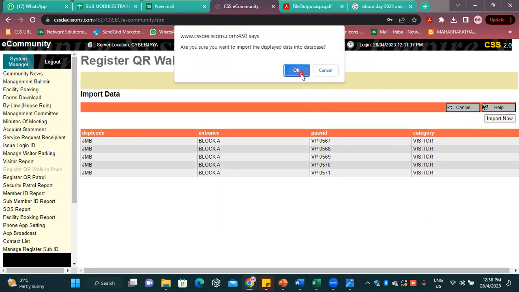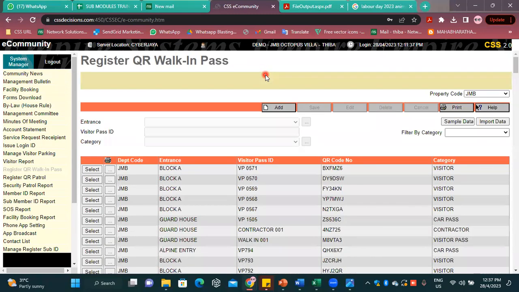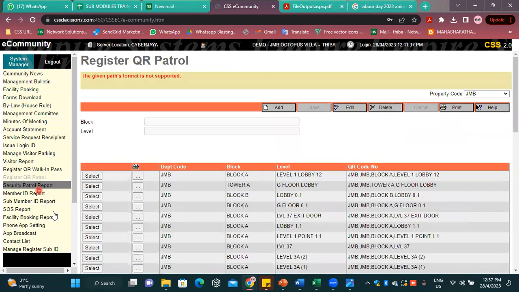Okay, itu sahaja. Okay, so you can view it. Okay, this is one I updated lah. Okay, this one. And the last one is for yang ni. Patrolling. So for those who using the patrolling one,